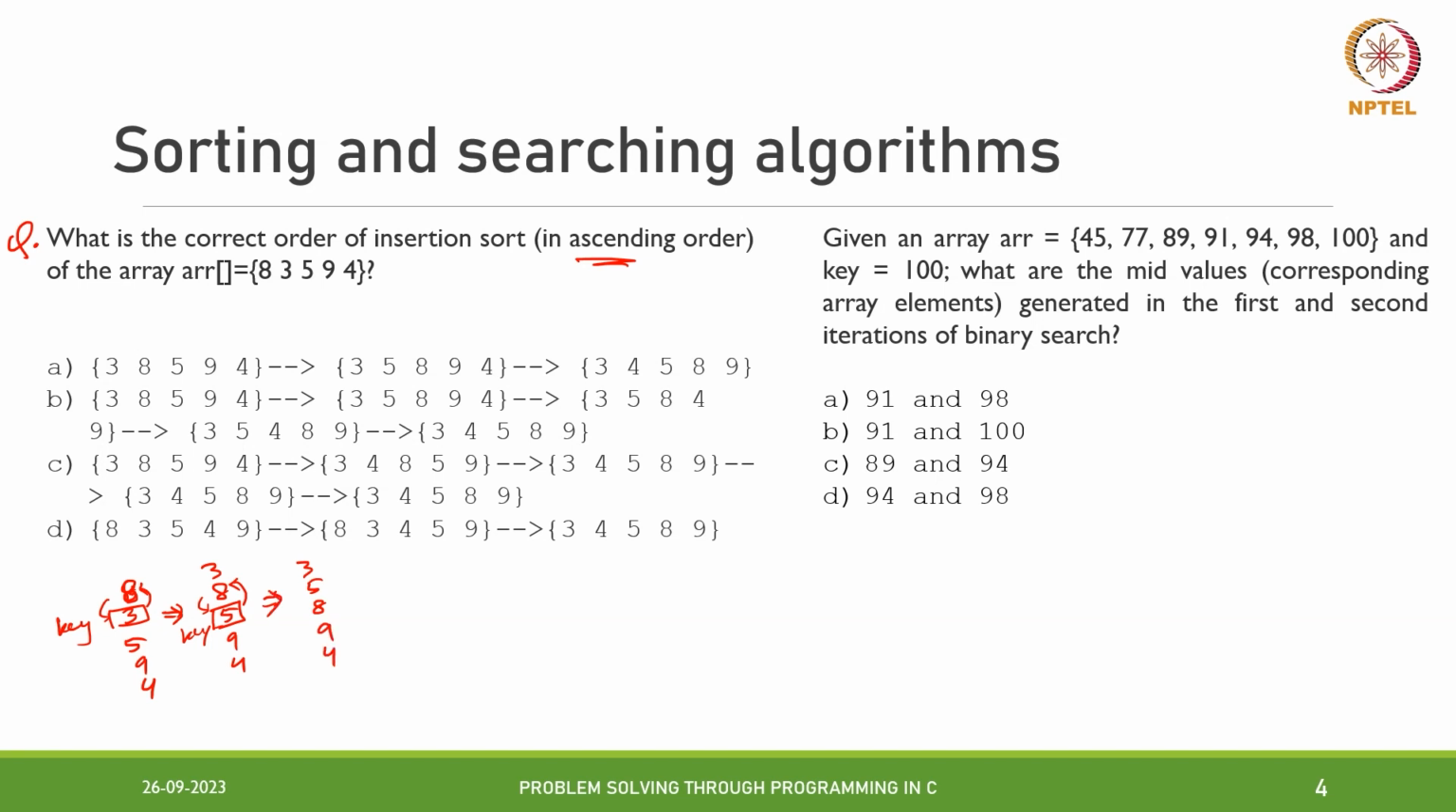Okay, now what is our next key? Our next key is the fourth element, that is this 9. We compare it to the element before it. We see that there is no need for swapping because 9 is greater than 8 and we are sorting in ascending order, so we don't need to change anything. We'll just do nothing this step and go to the next pass. So this is the first pass, this is the second pass, this is the third pass,